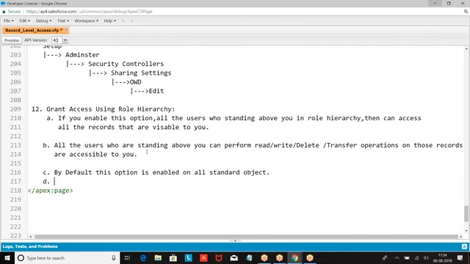On custom objects, we can enable or disable the option based on the requirement.